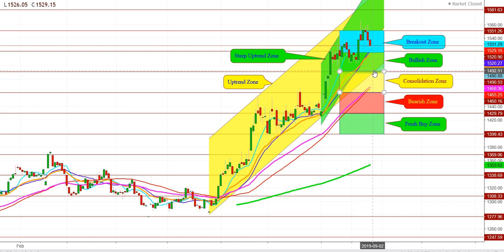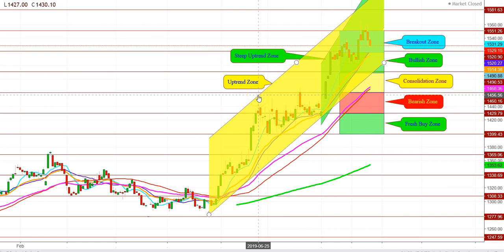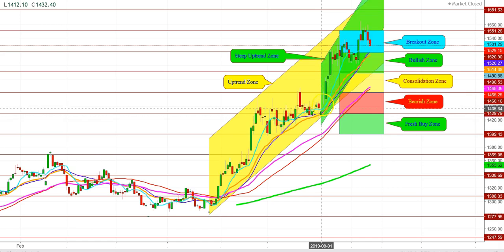If they turn back into this zone, we will find good buying. Here you can see that the gold futures have been constantly maintaining amid this zone, where whenever they touch the upper end of this uptrend zone, gold futures meet some selling, but whenever they touch the lower end of this uptrend zone, we can see the gold futures witness buying. The gold futures find a lot of buyers, which keeps the uptrend in gold futures intact, and here you can see that this is my uptrend zone where currently the gold futures have been maintaining amid this zone.